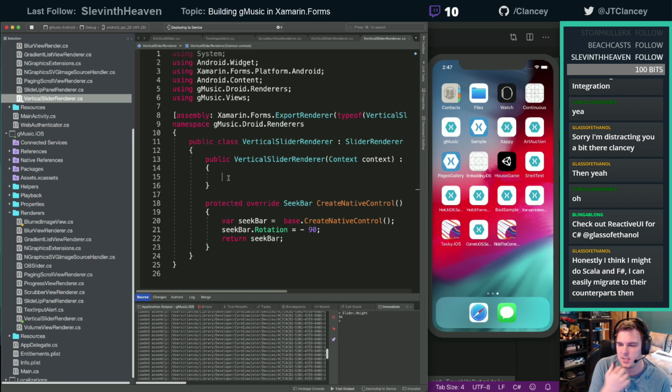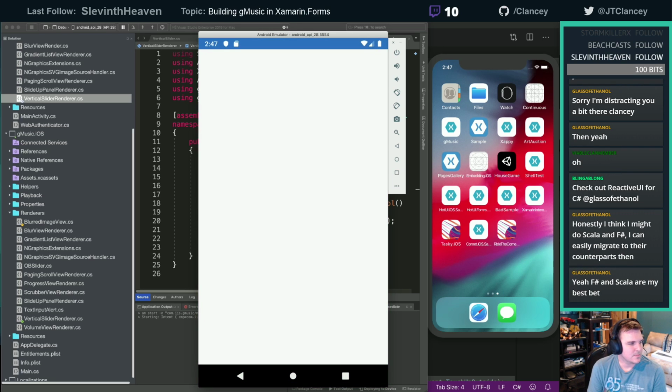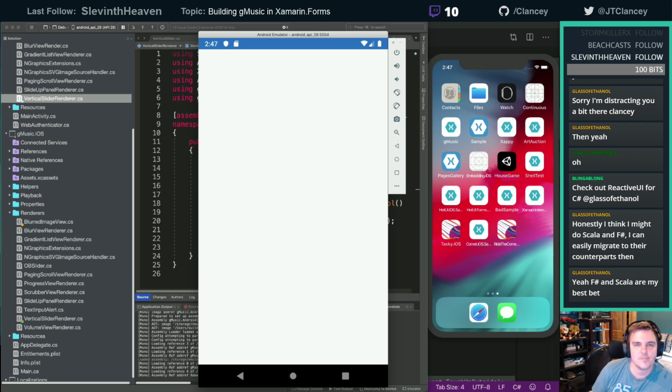All right, try this on Android. See if this works. Come on, Android. Go faster, emulator.